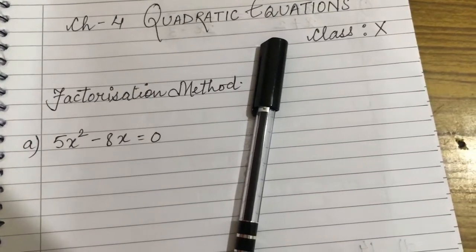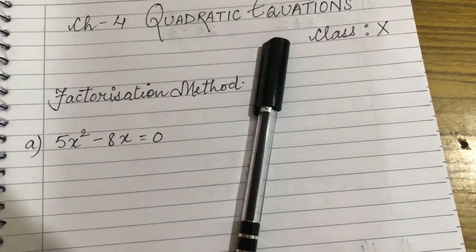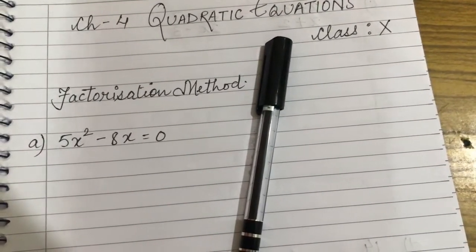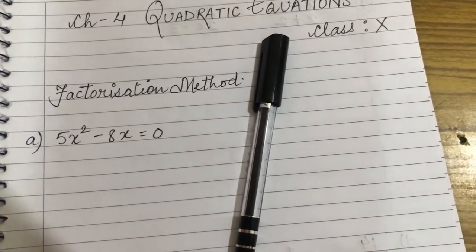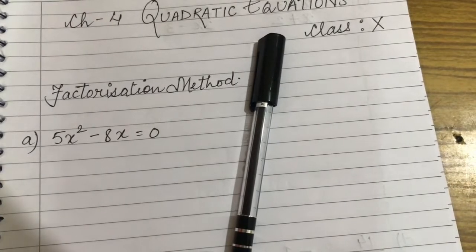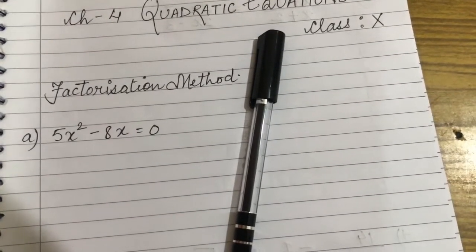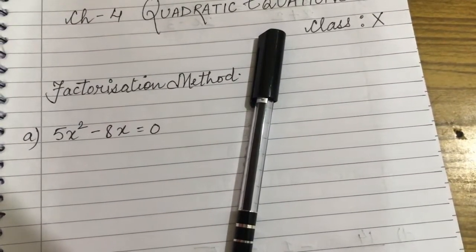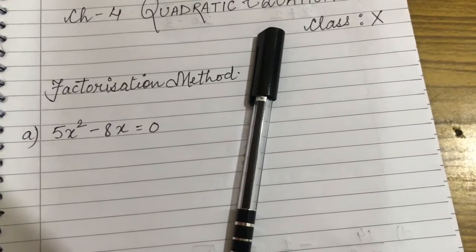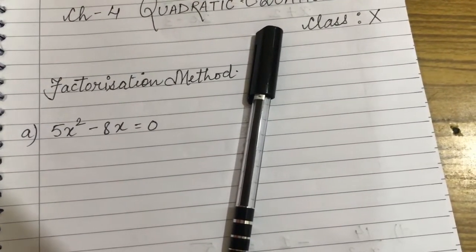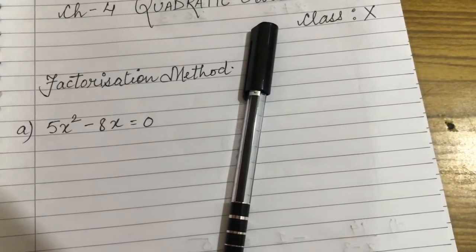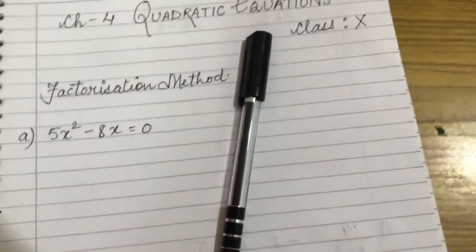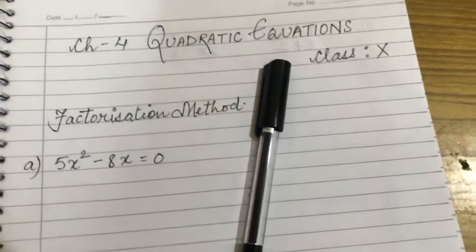I also discussed with you all the most used and important method to find roots, that is the quadratic formula, but along with that other methods are also important, because if in the given question it is written specifically that you have to use a particular method, then you need to learn other methods as well. So here I will be discussing the factorization and completing the square methods with the help of some important examples. So I'm starting with the factorization method.